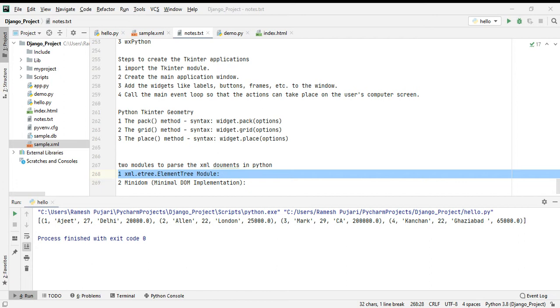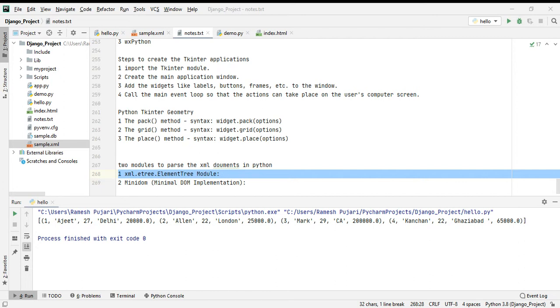Next we have the tail string. By using the tail string attribute we can get the tail, like the first line or last line. If I want to access only the first line of the document, then I can use the tail string here.